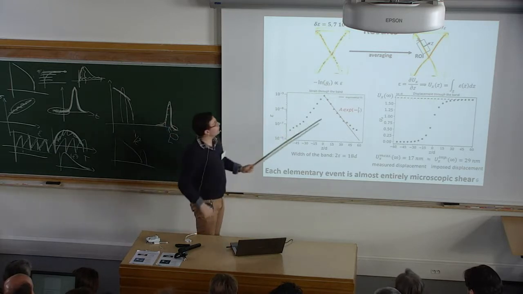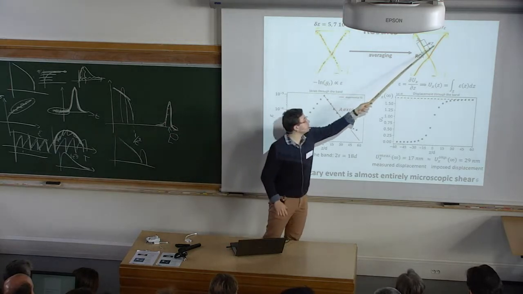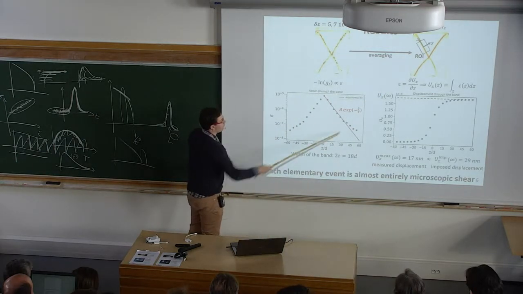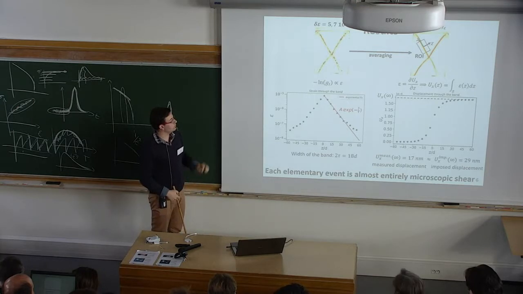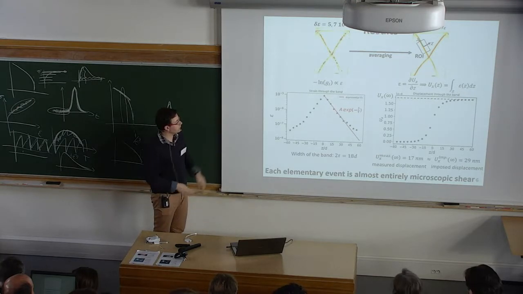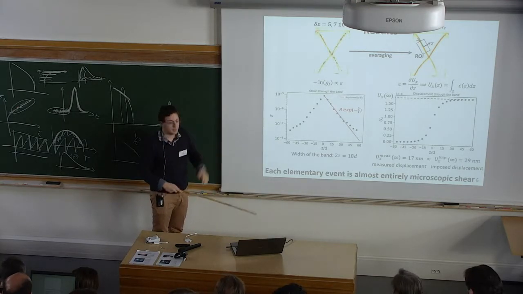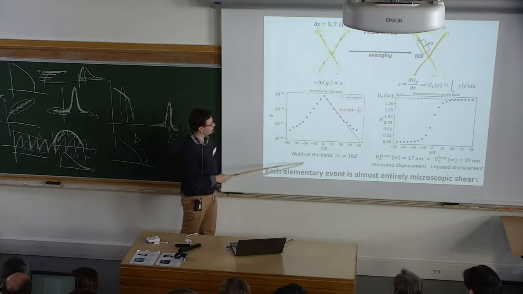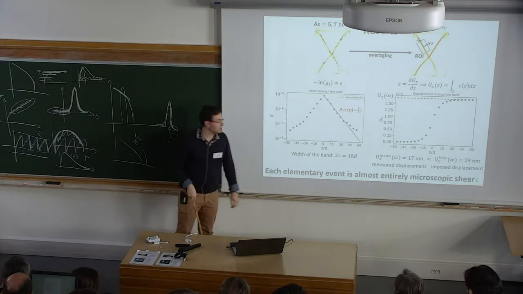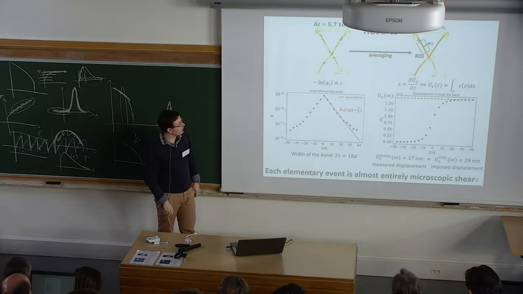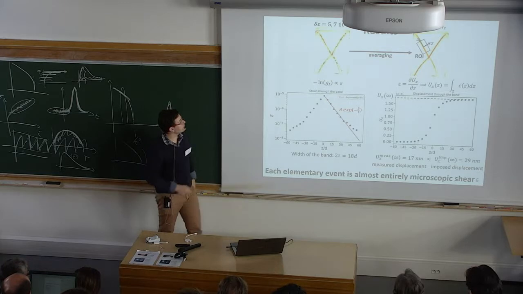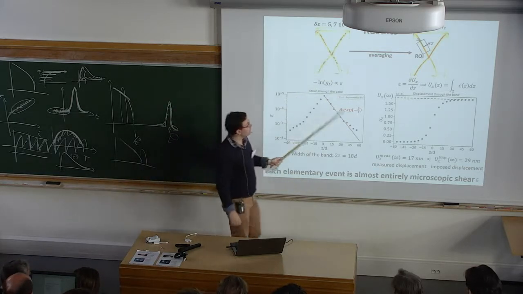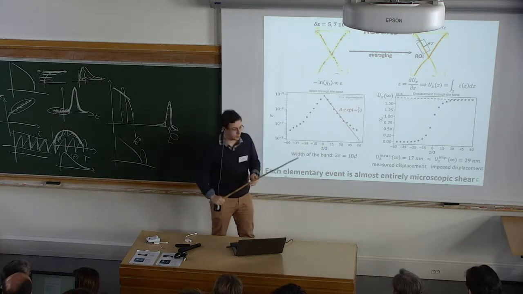So we can plot the profile of the shear band along the transverse direction z, and we get this profile, and we have a well-defined exponential decrease. And with an exponential fit, we can obtain the width of the band, 2 tau equal 18 diameters of beads. But as we know that the deformation is shear, we can make a link between the relative